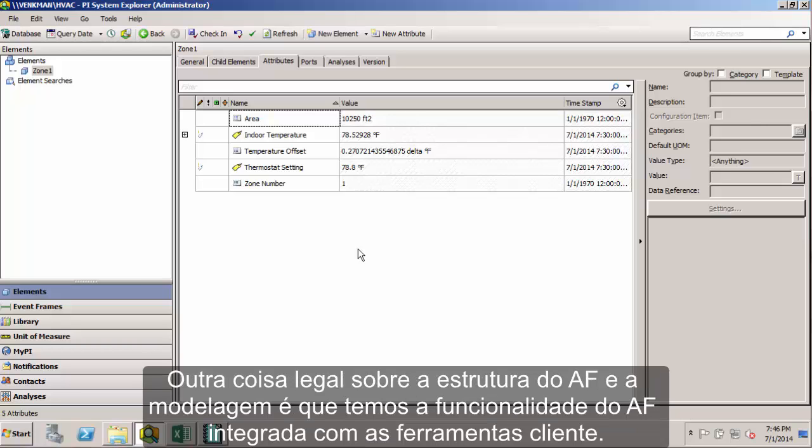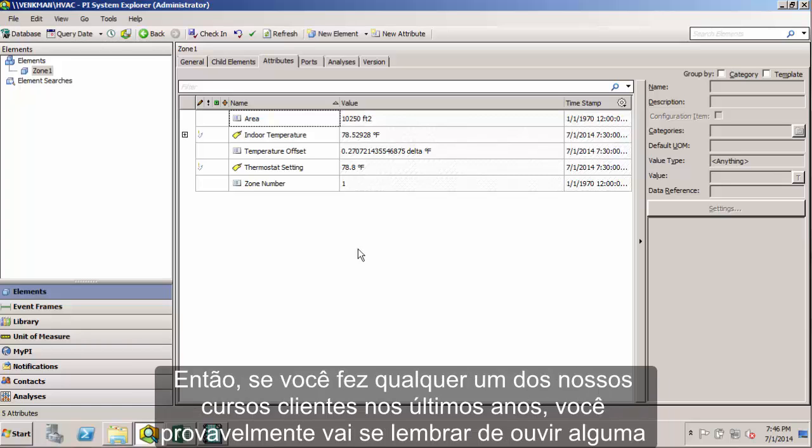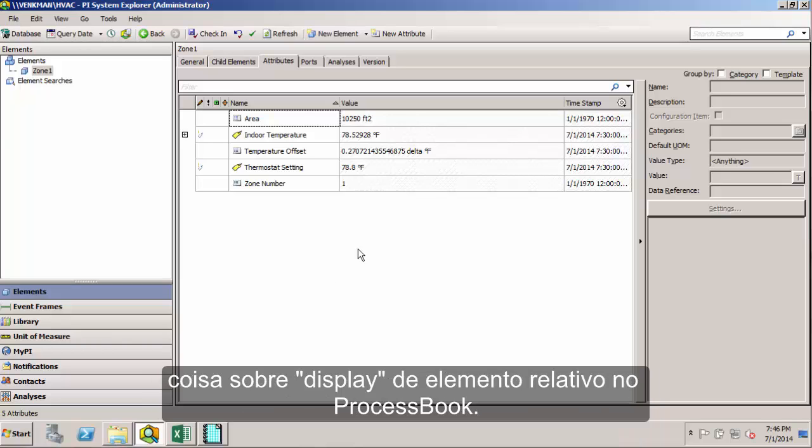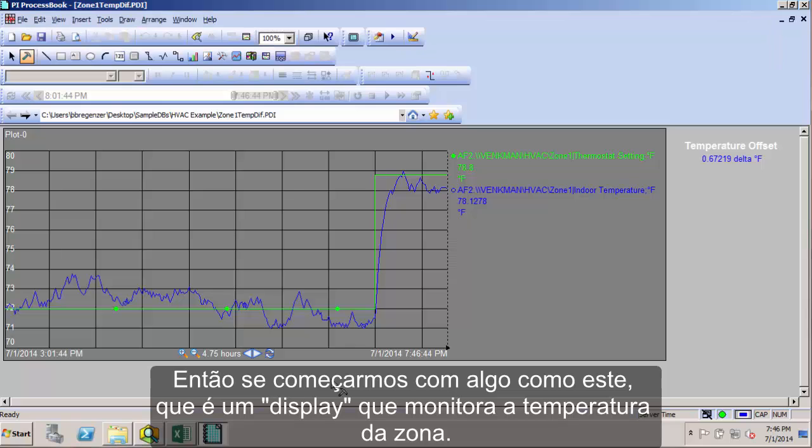So another nice thing about this AF structure and templatization is that we have AF functionality built into all of our client tools. So if you've taken any of our client courses in the last few years, you probably remember hearing something about an element relative display in Process Book. So if we started with something like this that we looked at earlier, where it's like a monitoring display for our zone temperature,